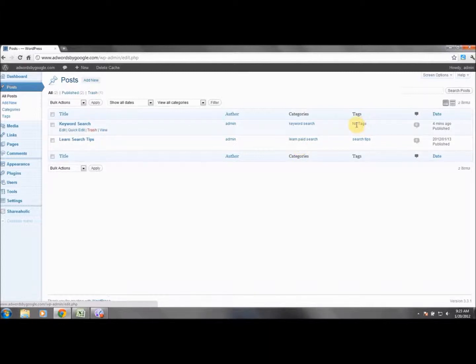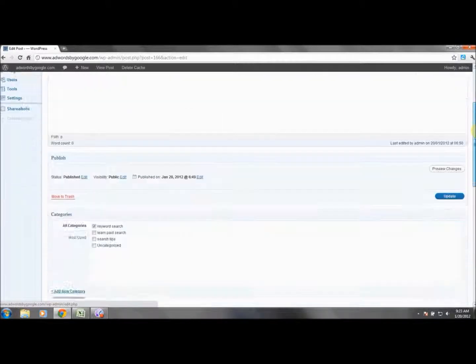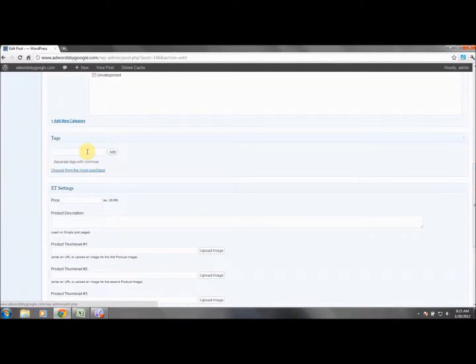So what we're going to do is we're going to go here, and then we're going to go down to tags, and we're going to make up a new tag called keyword tips or something like that. Again, it's for on